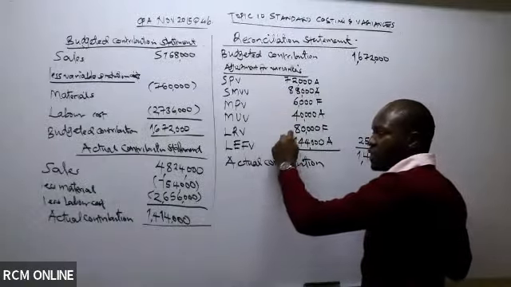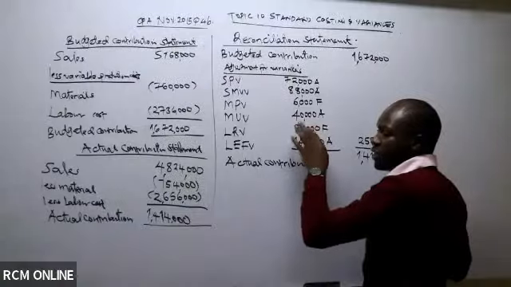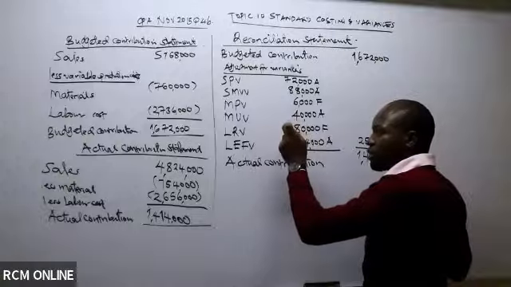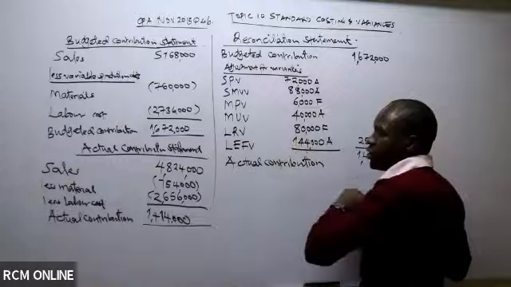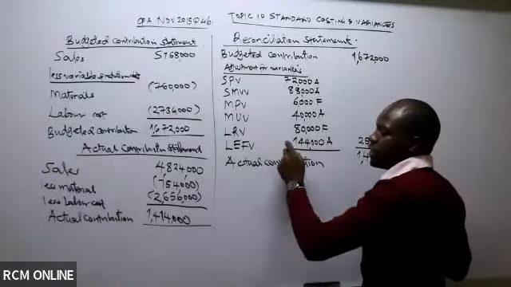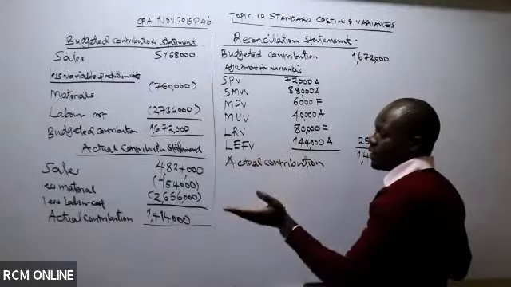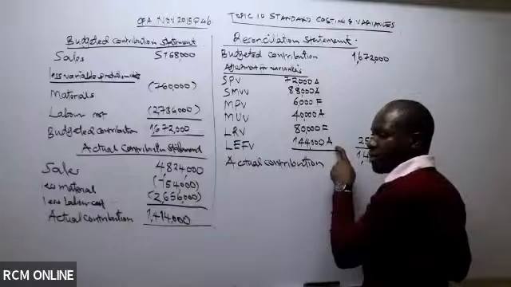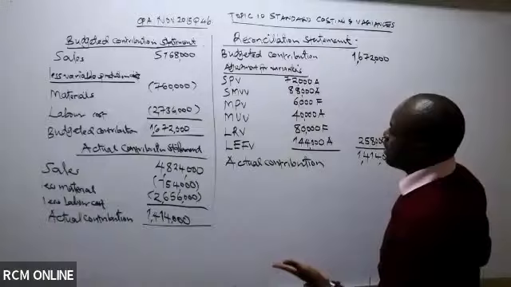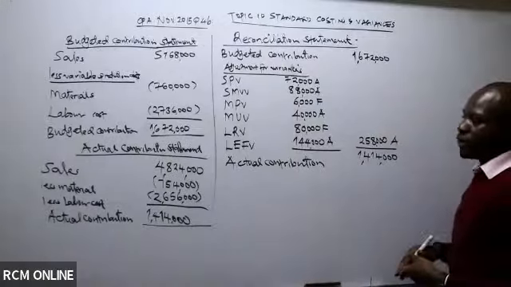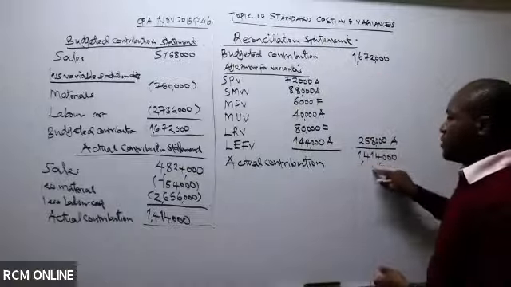It was caused by differences in labor rates, because you can see we don't have zero there. It means it also led to one of the variances. It has also been contributed to by labor efficiency, that is, how effective this company is at utilizing its labor. They are not so effective, and you can see we have a negative variance in terms of effective utilization of the labor hours. And of course, if you get the net effect of these variances, you're able to see it gives us the